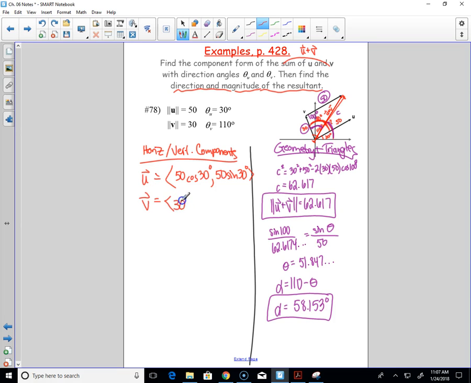30 cosine 110 and 30 sine 110. What am I using? The formulas from the page that we just wrote about how to find A and how to find B. Now what's the cool thing? How do we add once we have components? Just add them. So U plus V equals